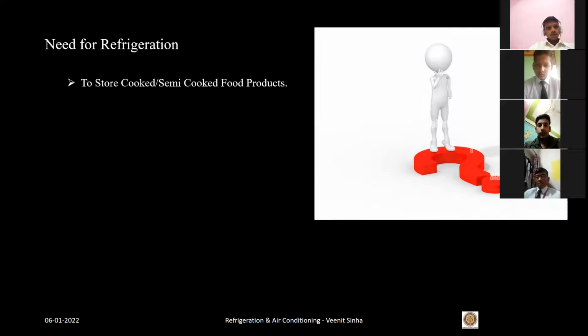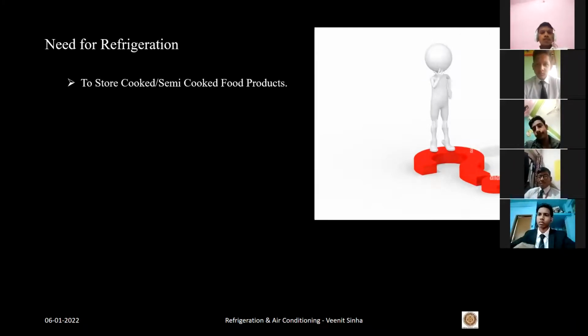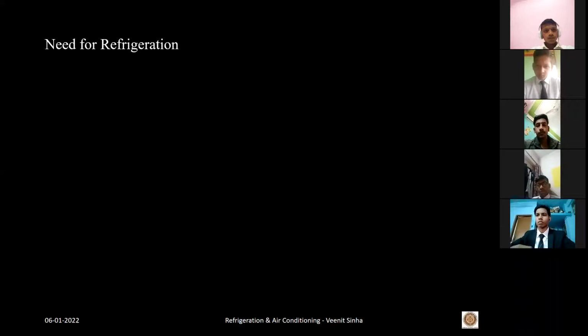ठीक है, तो ये आप न्यूट्रिशन में पढ़ेंगे और सेकंड ईयर में एफएसक्यू में भी पढ़ेंगे कि there is something called danger zone, danger temperature. सो उस डेंजर टेम्परेचर पे ना रहे इसके लिए हम क्या करते हैं, उसे हम फ्रीज करते हैं, लोअर टेम्परेचर पे हम स्टोर करते हैं. तो पहला तो ये हो गया कि रेफ्रिजरेशन की हमें जरूरत क्यों है, तो हमें कुक्ड और सेमी कुक्ड फूड प्रोडक्ट जो है,